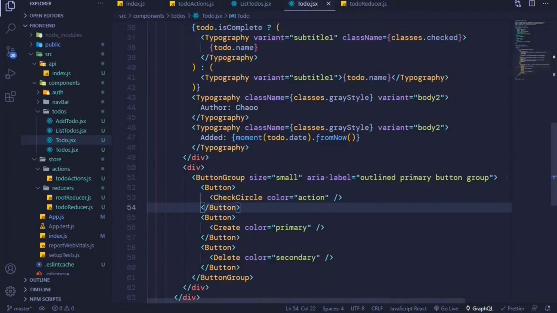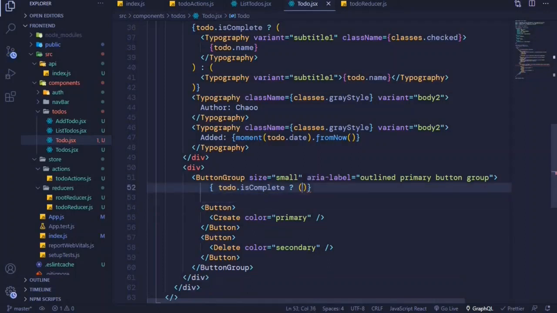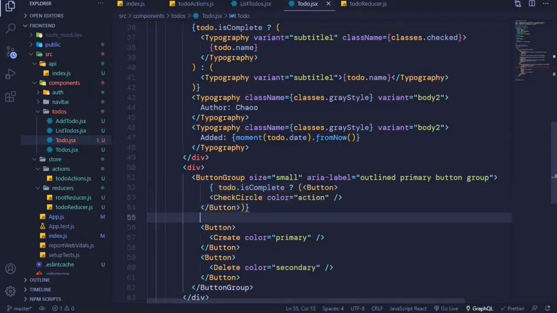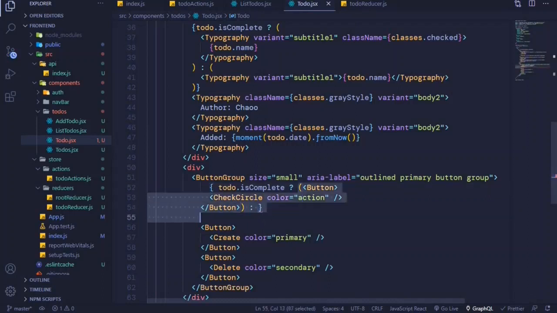So we will do a similar thing. todo.isComplete. We use our question mark here, and then we display our first component, which is this one. I'll actually cut it and paste it here. Else I include a colon. We will display a similar component. I'll copy that and paste it here,